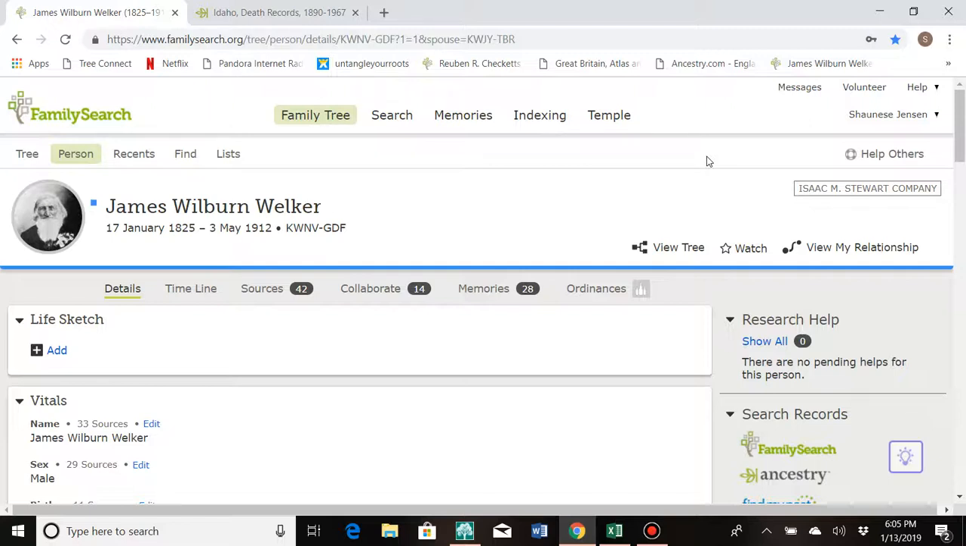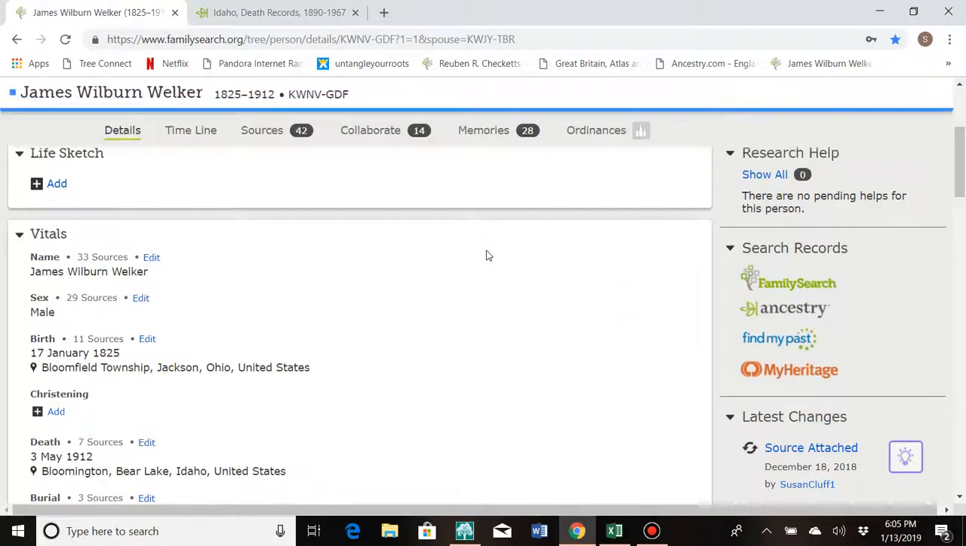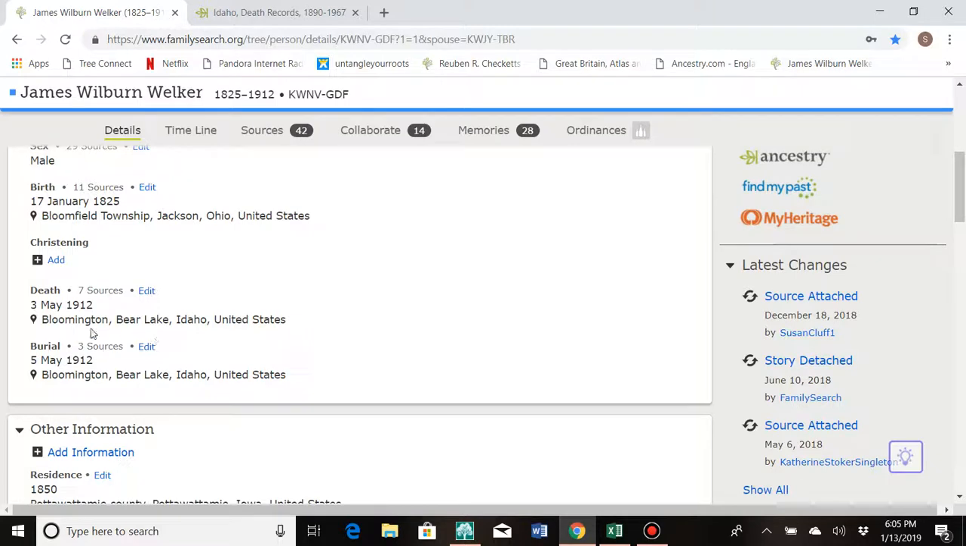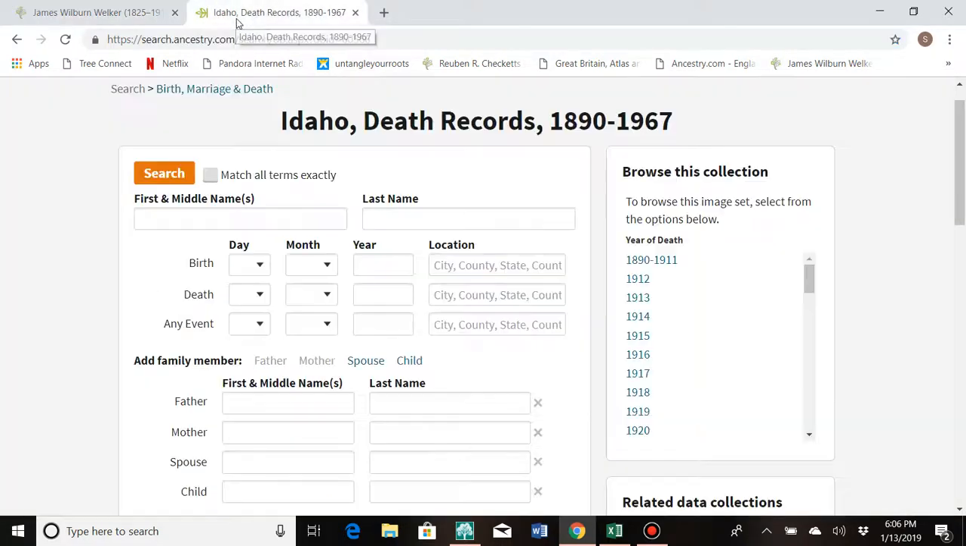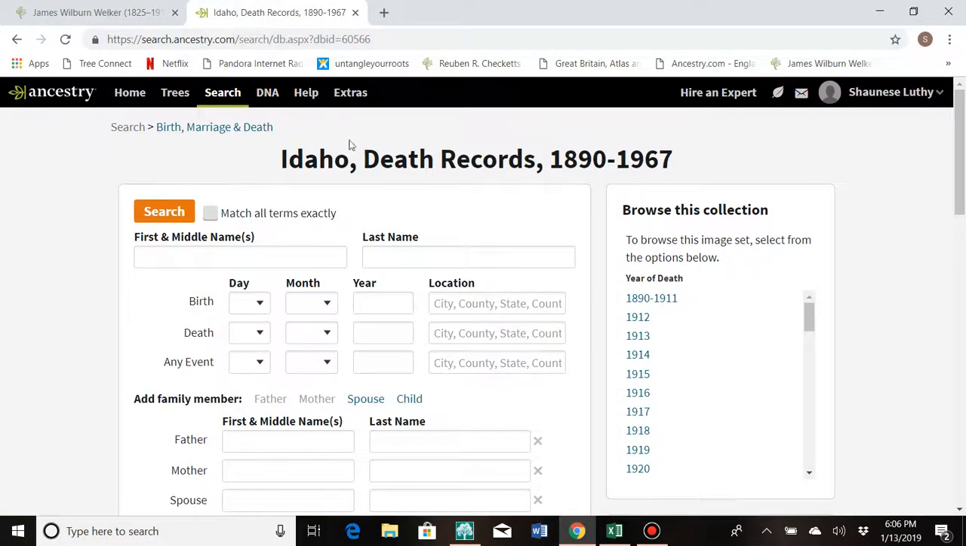This episode, we are focusing on how to search for death records and the information that is obtained from them. So to begin with, we will start with James Wilburn Welker. And as you can see, I have him on his FamilySearch page, and it states that he died in Bloomington, Bear Lake, Idaho. So I honestly just typed in Idaho death records, and I was able to find one